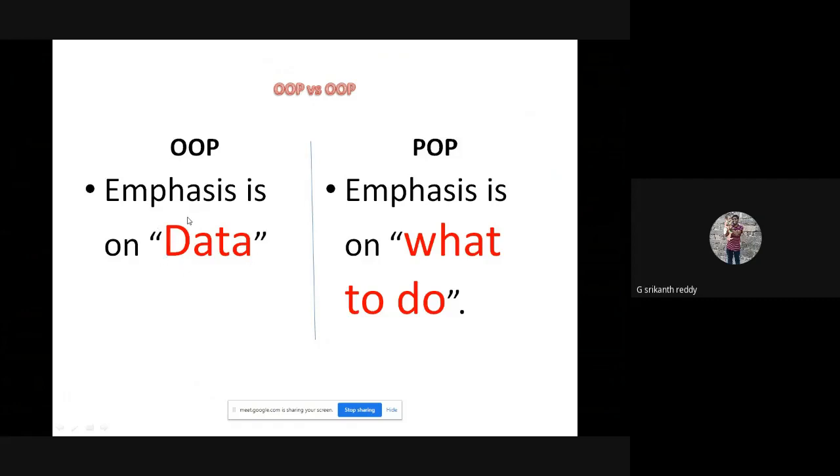The data must be separated and bound to its related functions. So the focus is on data. The importance is given to how the data flows. Whereas in procedure oriented programming, the importance is given to the logic, what to do, the algorithm, what to implement. That is the prime focus of procedure oriented programming.